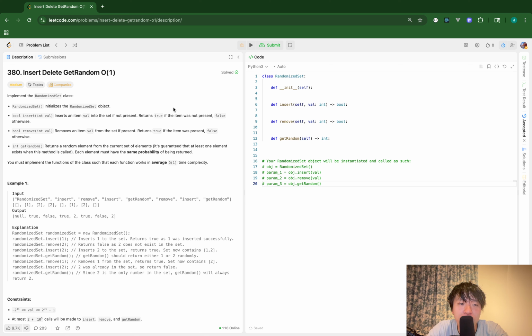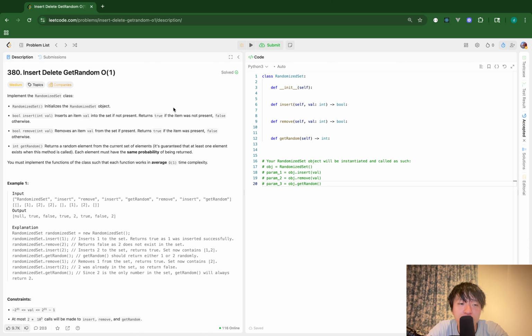If I do this, and I'd like to insert 11, I can find 11 is in the bars from the hash map, so I can just return false. And if I'd like to include 33, I can include it in the set first. Because it's not in the bars, I firstly append it in the list